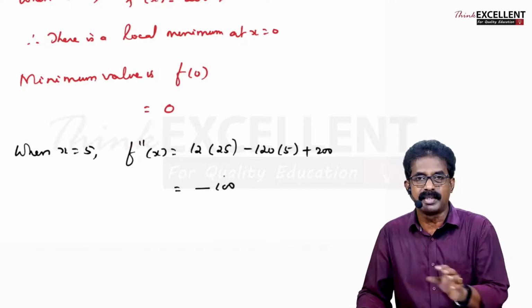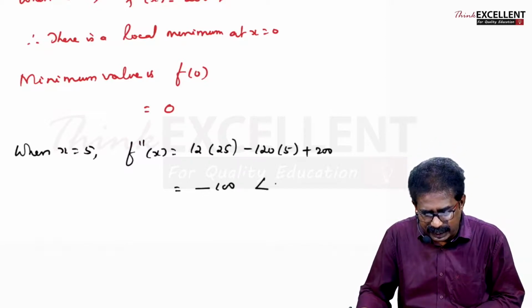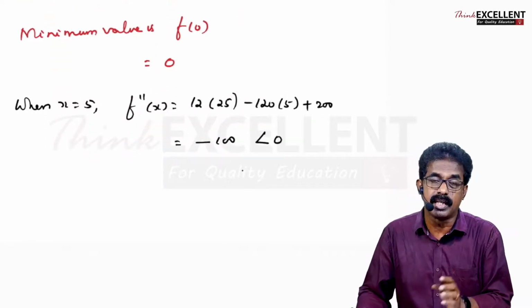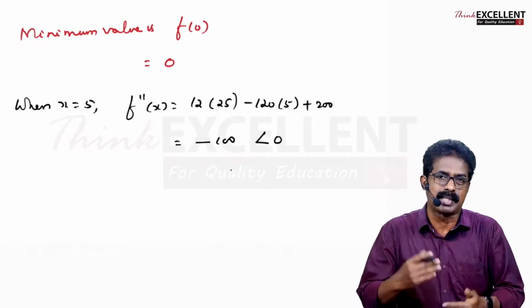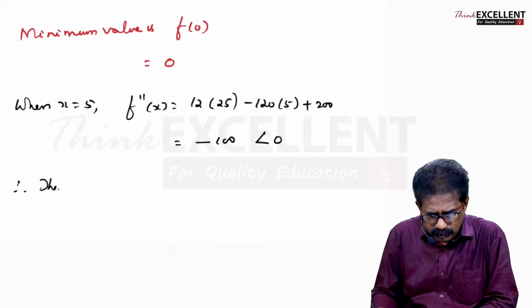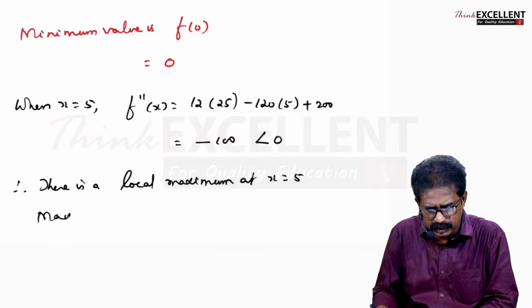The multiplication, addition, subtraction, I am leaving it to you. You will get minus 100. It is negative, right? Second derivative negative, so we say there is a local maximum, just opposite. When it is negative, maximum. Positive, minimum. Therefore, there is a local maximum at x equal to 5. And the maximum value is,